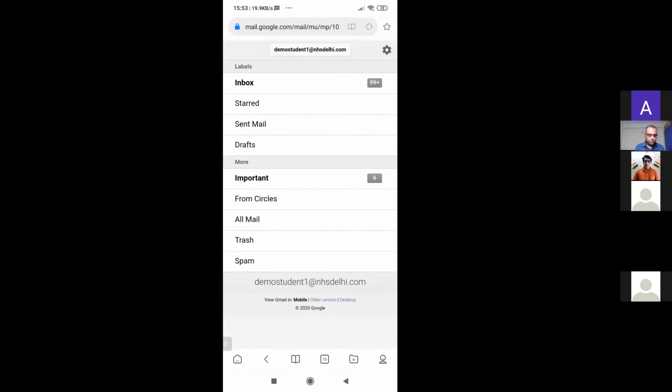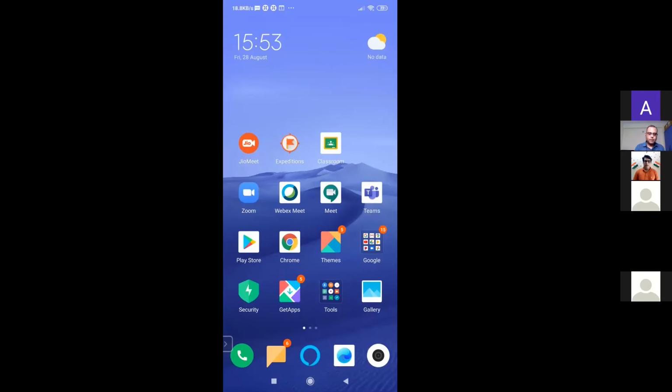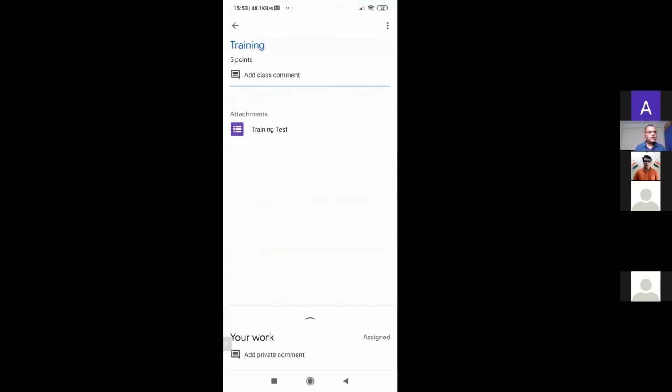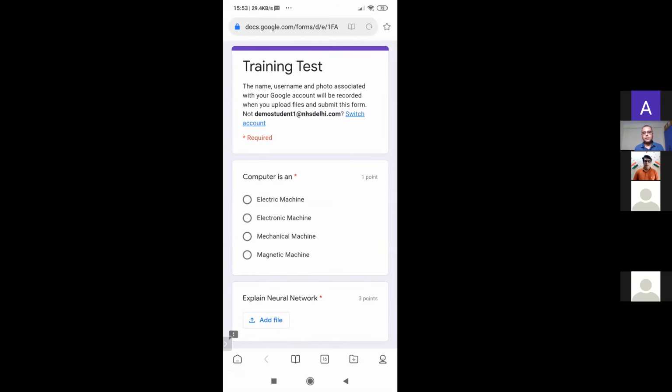Now we go back to Google Classroom. Now I've closed the browser, go back to Google Classroom as a demo student one, and I'm going to try to attempt this test again. So tap on this training test, and you can see that form has opened up.